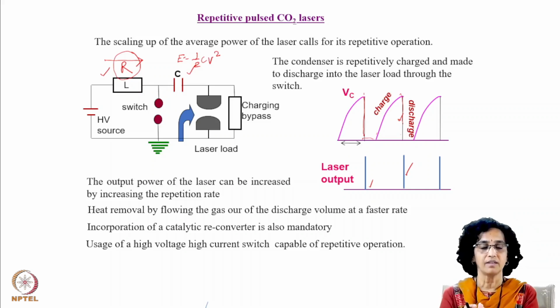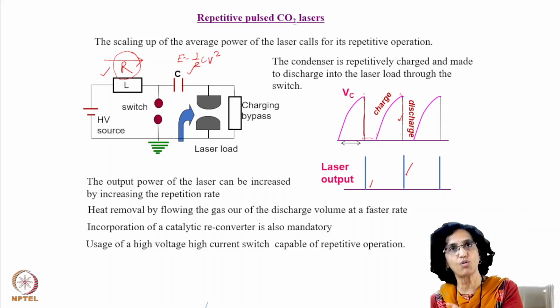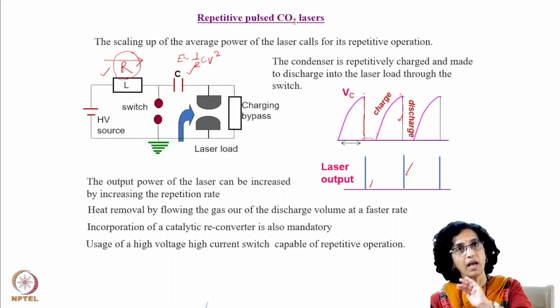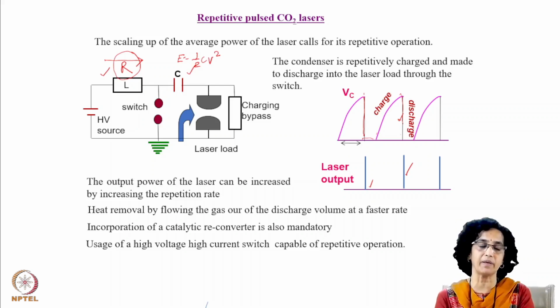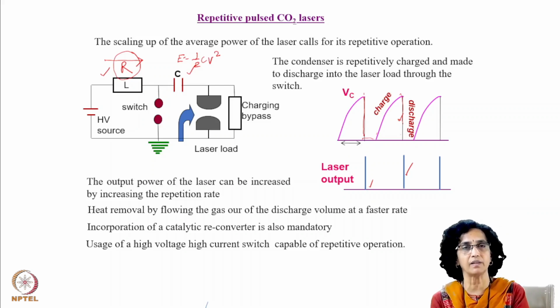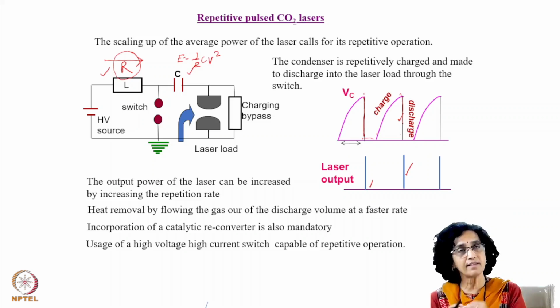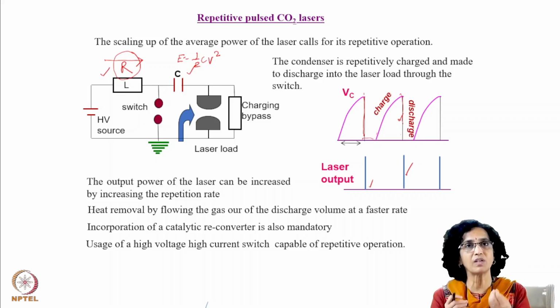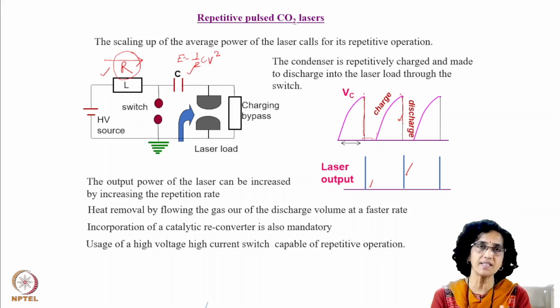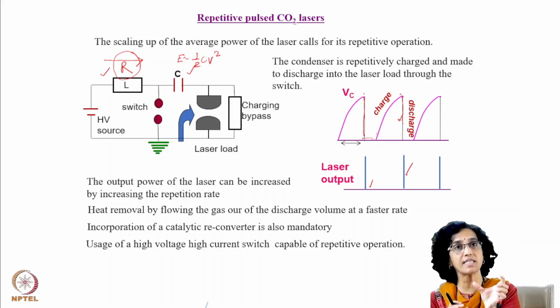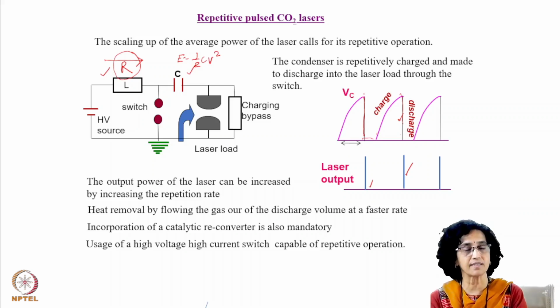You can deduce that whatever energy you are trying to store in the capacitor, that is half CV square, an equal amount of energy is dissipated in the charging resistance. So when you are operating it in a repetitive manner, and as much energy as you store in the capacitor is also getting lost in the resistance, then first, the efficiency becomes much less, naturally. In addition, the problems of the resistance getting heated up and getting shorted also increase.